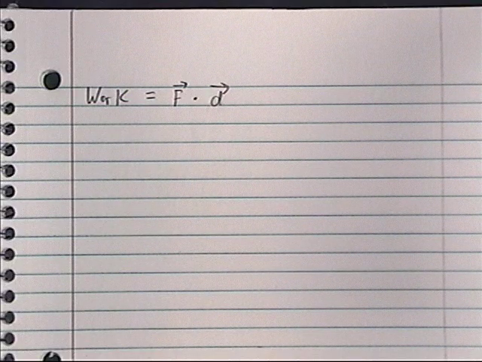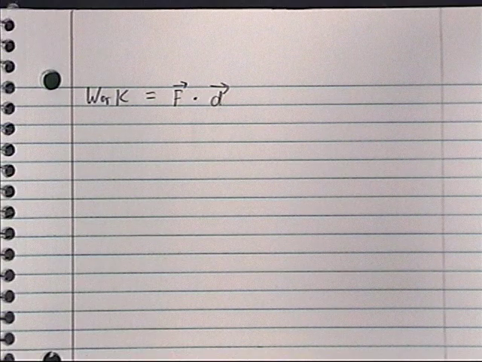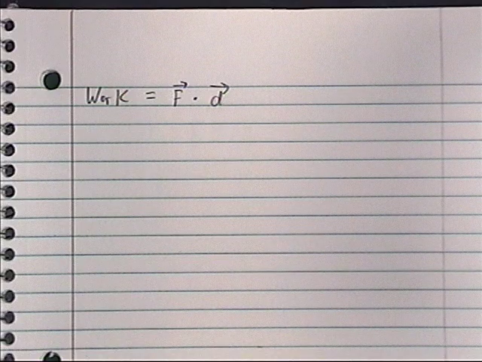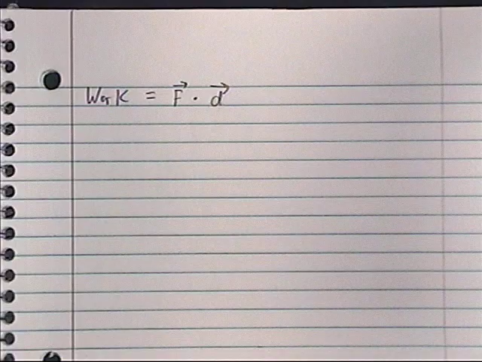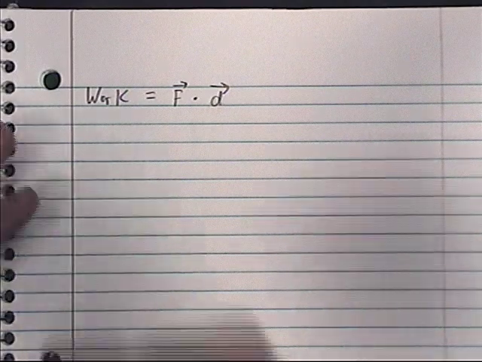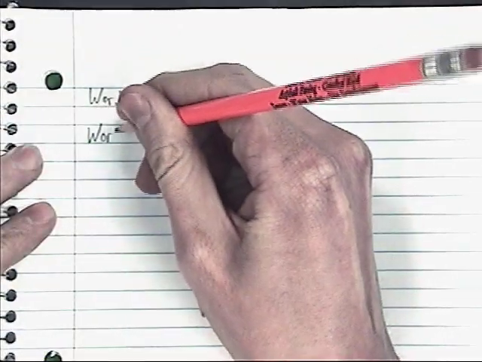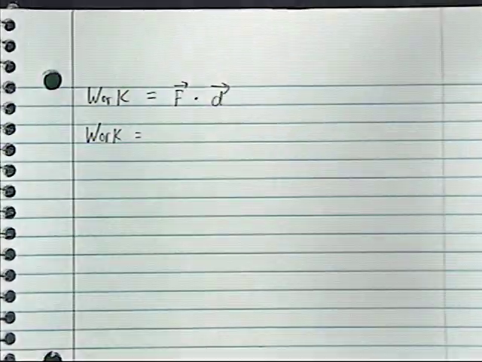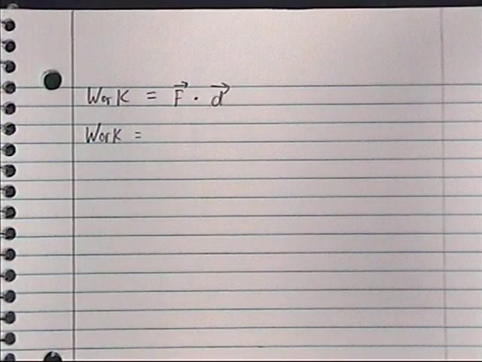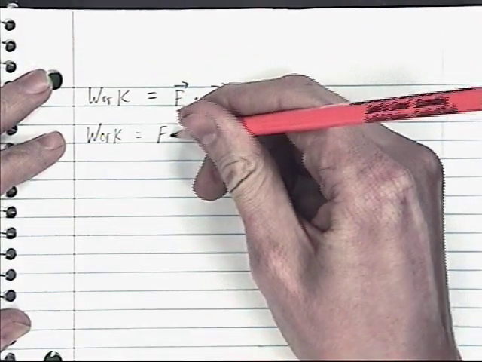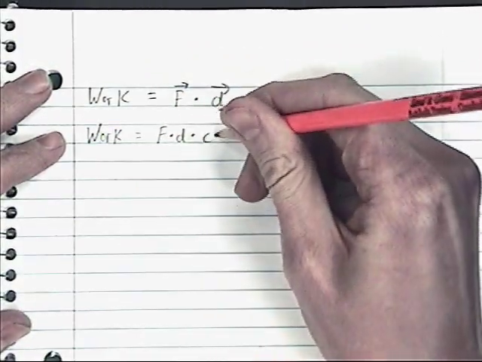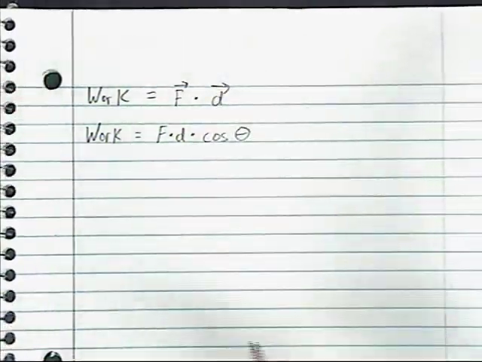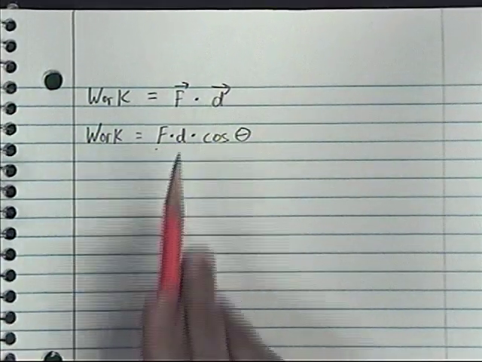Now these are two vectors that we're multiplying together. What's really going on is not just multiplication. We call this a dot product of two vectors. Now this is a vector operation that we haven't really worked with before. And we don't really need to know too much about it because we can write this out in terms of the magnitudes of the vectors and the angle between them. Work is equal to force times distance times the cosine of the angle between the force vector and the distance